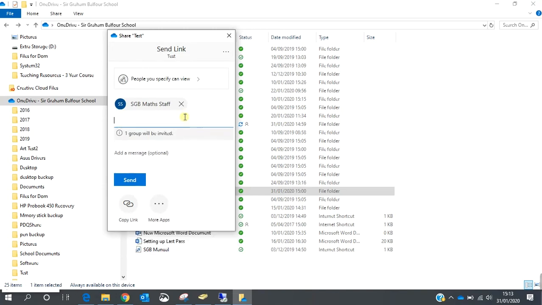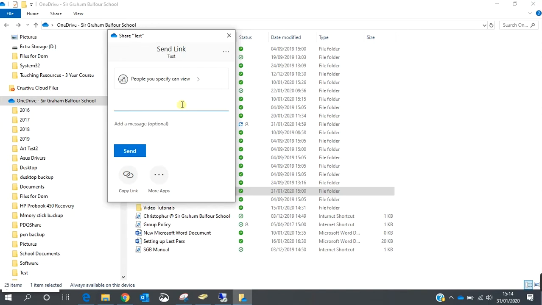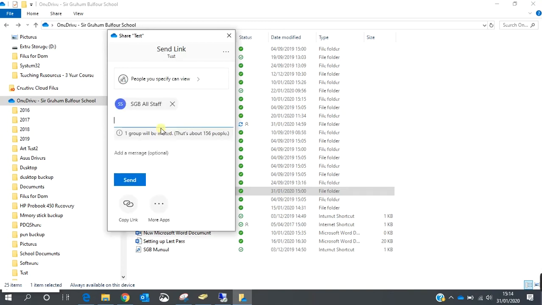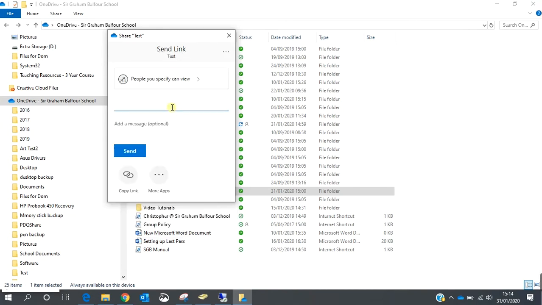If you did want to send it to all staff, then you just type in SGB all, and all staff gets populated from there. In this example, I'm just going to send it to myself. So C Bagnall,